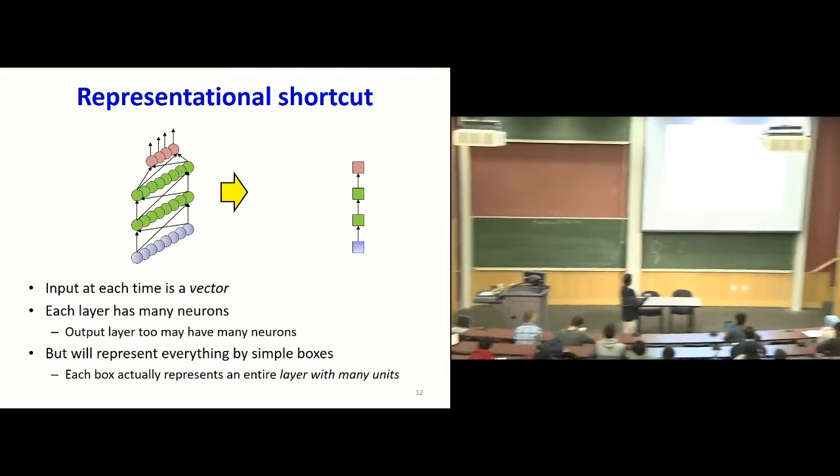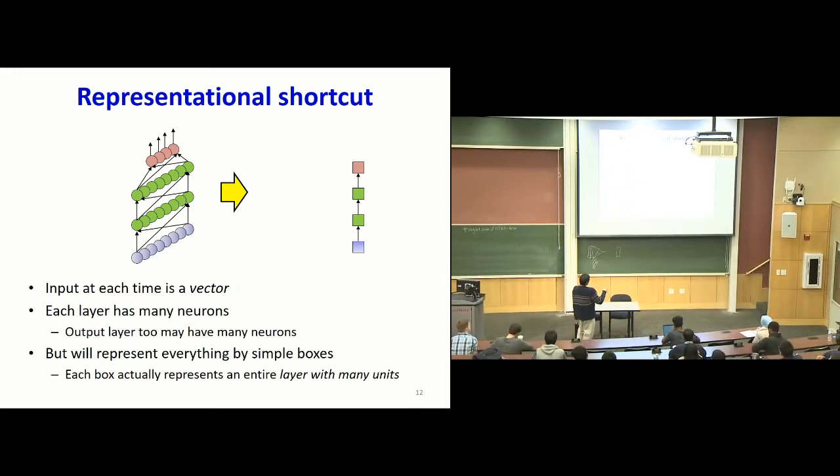Anytime you see a square of this kind, this square actually represents an entire series of components going into the page. Anytime you see a little green square of this kind, it represents a series of neurons going into the page. And this little arrow represents a complete interconnection between the neurons in the 2 layers. This is the notation that we're going to continue to use. So for example, if my hidden neurons over here were considering 2 vectors, if I were to draw the entire picture, it's going to look something like so.